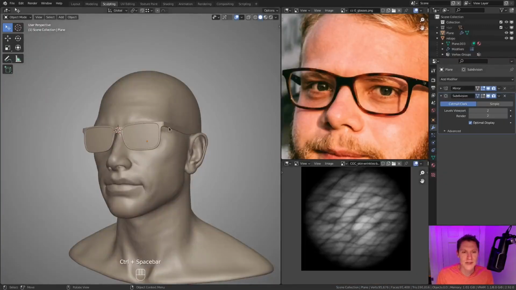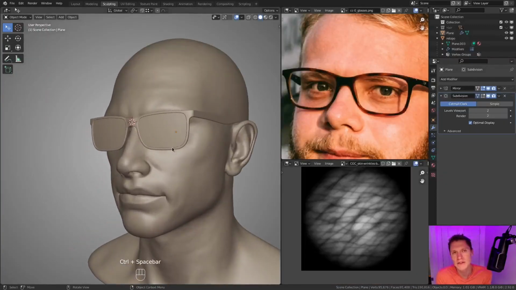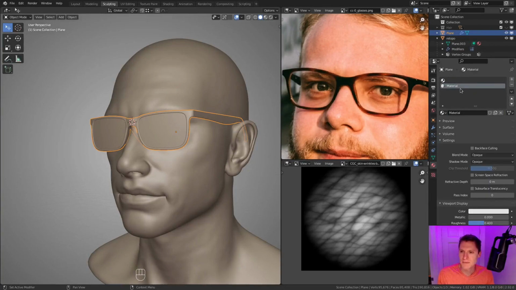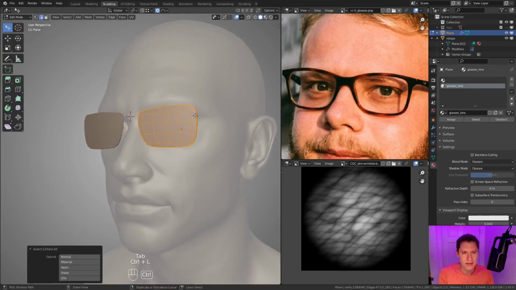And then for visualizing this, it's an option to render these as sunglasses if we want, but I plan to render them as reading glasses. And so it's a good opportunity to go ahead and rough in the transparency. So I'm going to add two slots. And in the second slot, go ahead and create glasses lens. Tab into edit mode, select our lens and assign it.